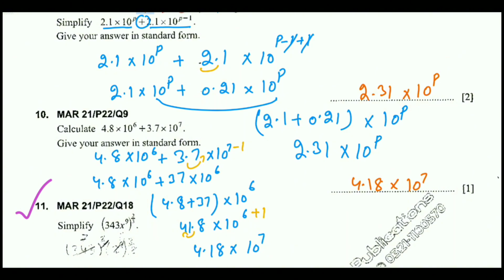If we make our power 6 as 7 at the first step, you will get your answer directly. You will get this answer directly, then there is no need to move your decimal at this step. So it's up to you to judge from the first step whether to make the bigger power smaller or the smaller power bigger, and then you will get the perfect answer. You can check it from the first step.